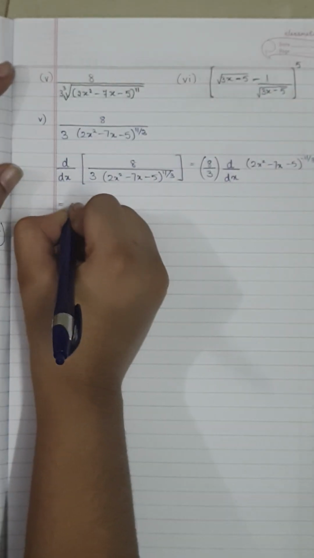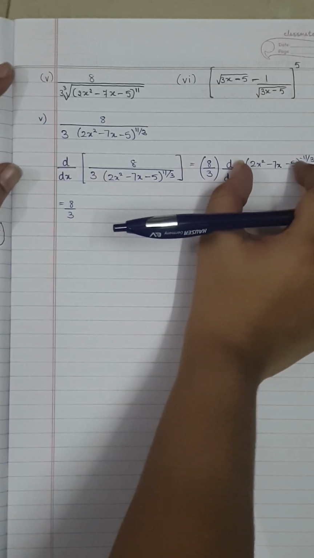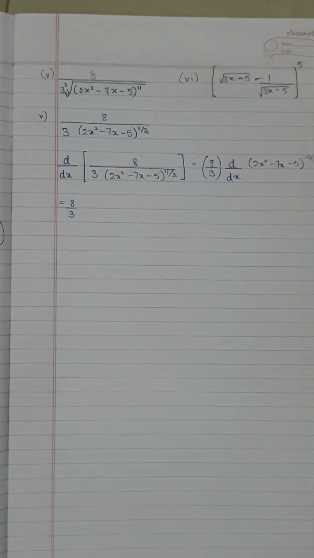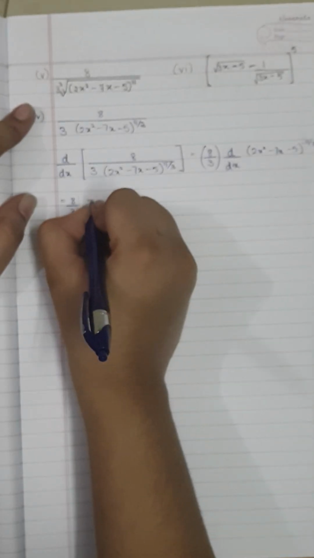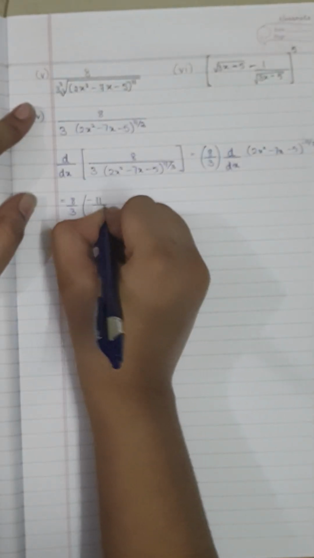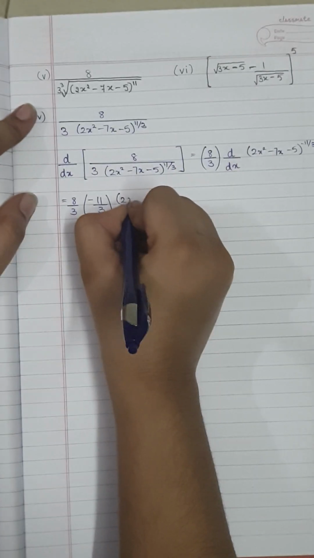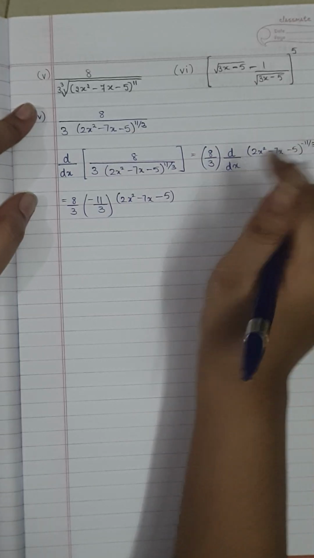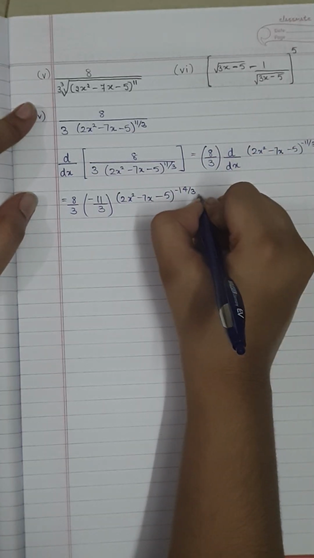Now it's going to be very easy to differentiate. 8 by 3. To differentiate this, take this as f of x, and the n is minus 11 by 3. Minus 11 by 3 comes outside, and then you do minus 11 by 3 minus 1, that will be minus 14 by 3. So you write minus 11 by 3 over here, and this whole term as it is, 2x square minus 7x minus 5, and minus 11 by 3 minus 1 will be minus 14 by 3, into,